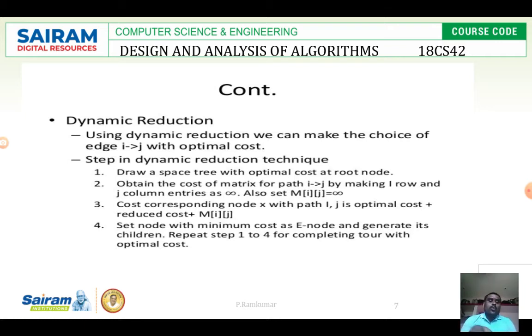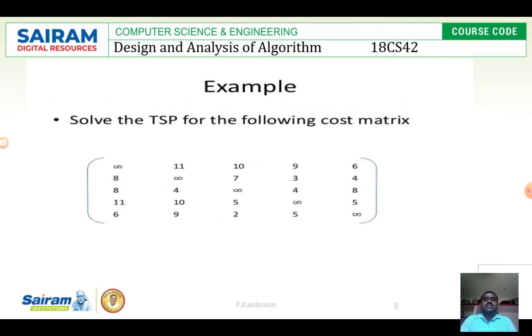When the tour is completed, it means I have to start my journey at one location, visit all other cities, then at last return back to my original position. Likewise, we have to consider one node as the source node. From the source node with minimum cost, it needs to visit all the vertices in the given graph and at last return back to its original position, that is the source location.